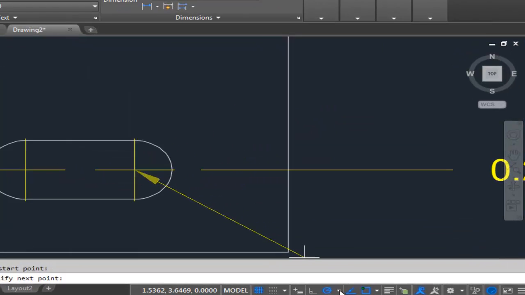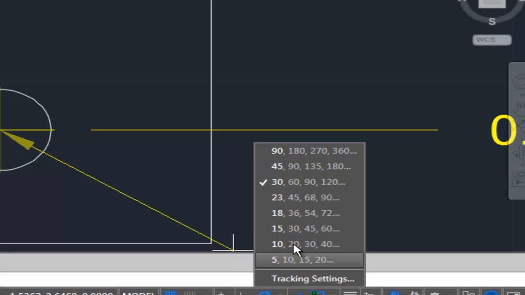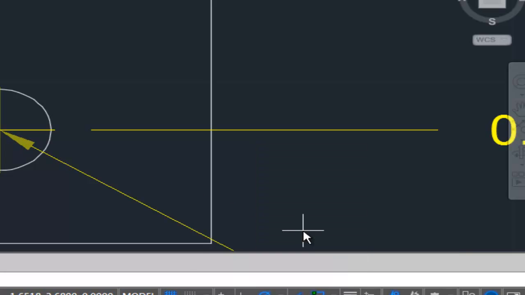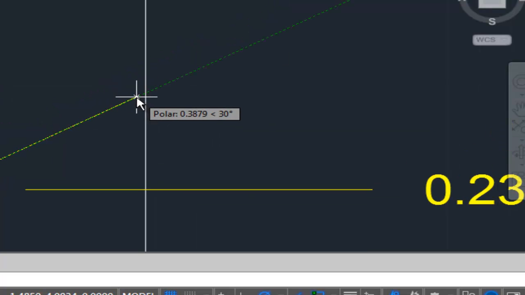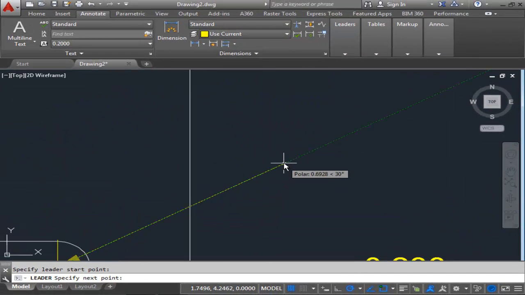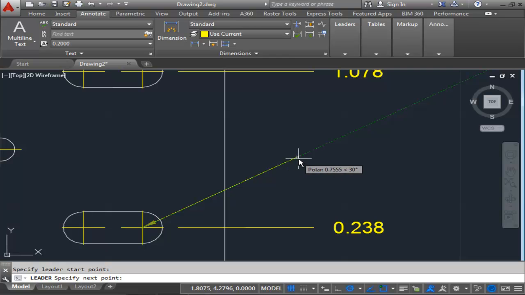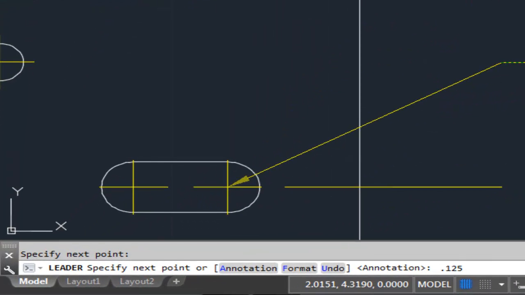Next, I'm gonna choose the polar tracking option for 15 degrees so that I can find a 15-degree angle to lock it in. Once I find my intersection here, I'm gonna go ahead and click. I'm gonna bring it to the right, 0.125. I'm gonna press enter,